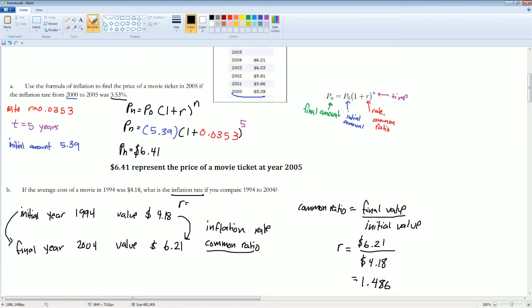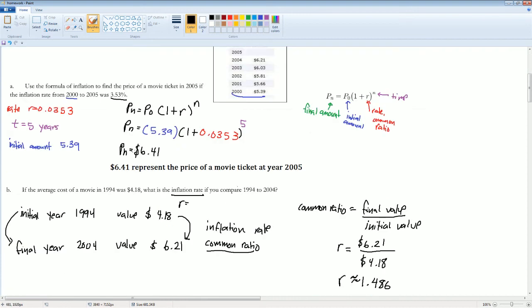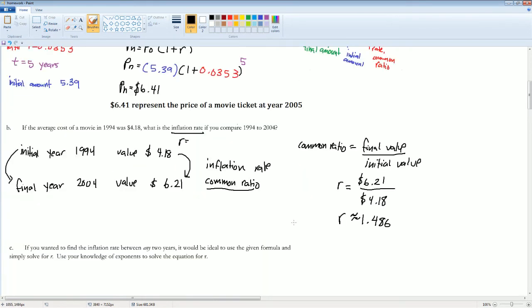1.4856. So roughly. So your R, right? What I can say here is that the inflation rate, if the price changes here, then the annual inflation rate is represented by this. So you would say that the inflation rate is 1.486. This means that,